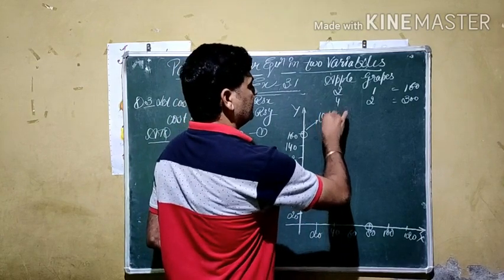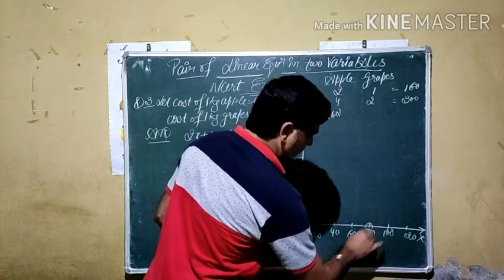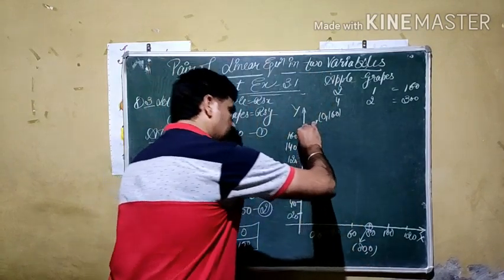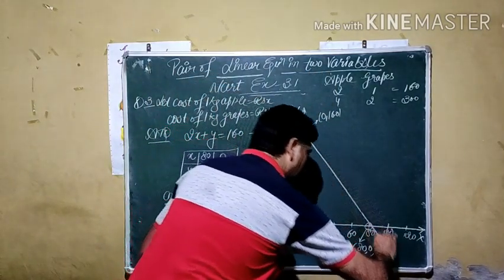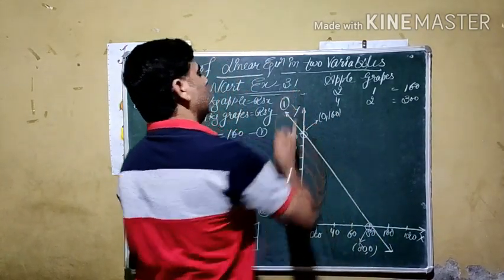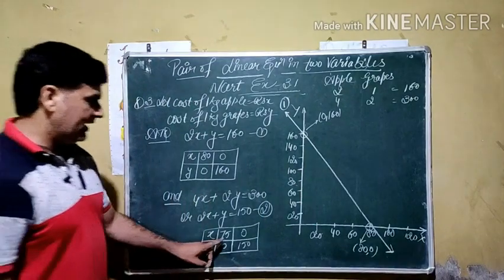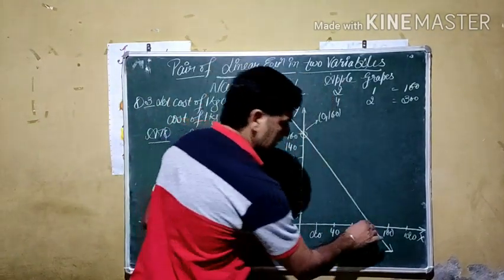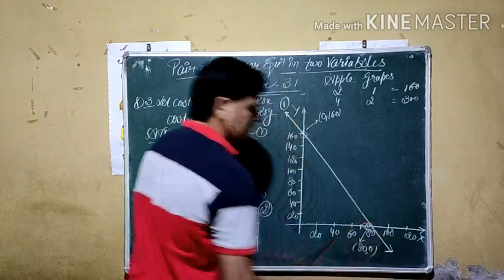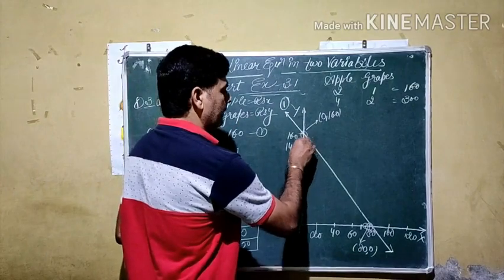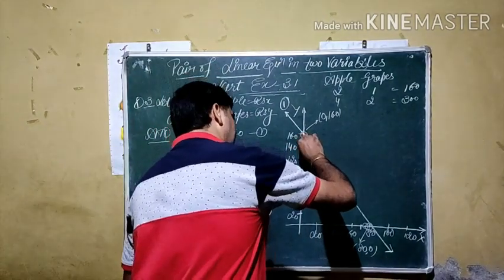First point 0, 160, and the second point is given by 80, 0. If you join them with the help of a scale like this, it is a straight line, line number 1. Next, on the x-axis 75, y 0. 75 is in between 70 and 80. Then 0, 150. 150 is in between here. If we join them,